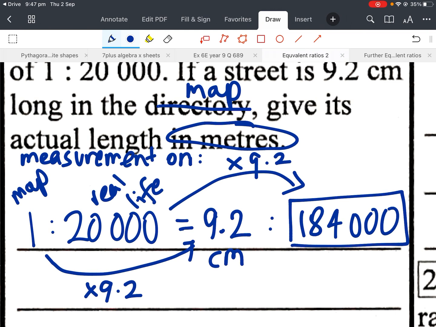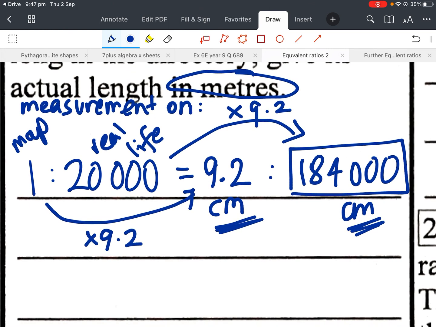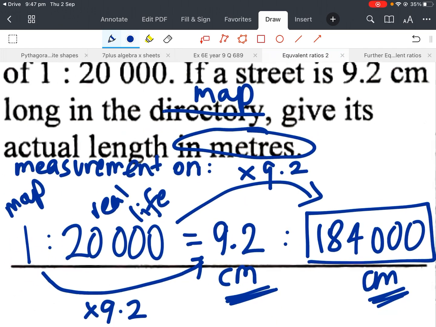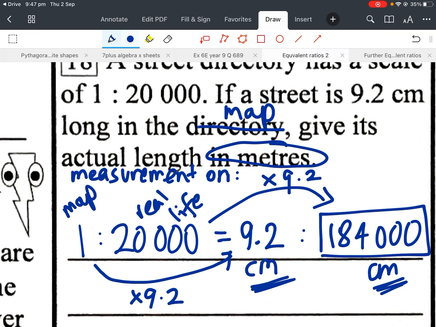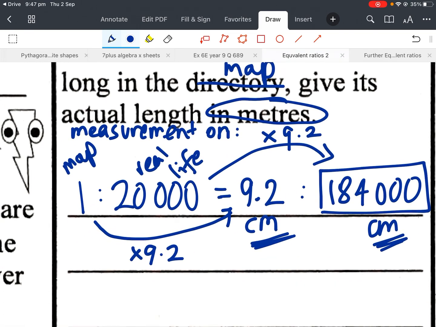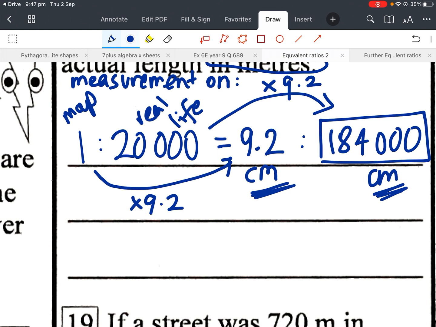184,000 on my calculator. Now, because this one here is in centimeters, this one here is also in centimeters. I can't change that yet until I get that box answer. Now that I have that box answer, it says give its actual length in meters, that last line of the question. So that means I have to change this number here,